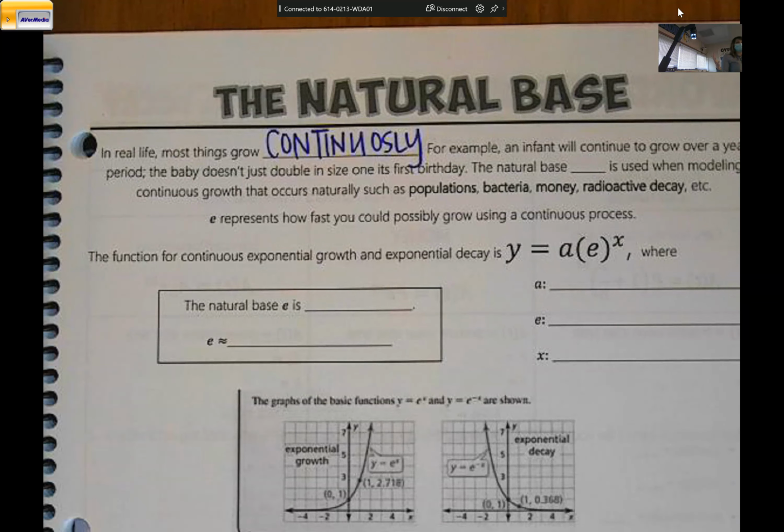It's a gradual process. That's what they mean by most things in life grow continuously. So this says, for an example, an infant will continue to grow over a year period. The baby doesn't just double in size on its first birthday. The natural base, letter E,